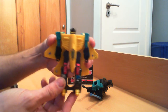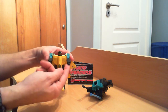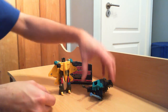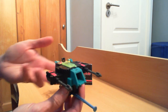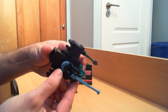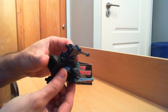Now in this mode, as you can see, he's got no handheld weapons, and that's where this part comes in. Now if you just put his arms straight out, put him to one side for a second, you take this part. Now this is some kind of, I don't know if you call it like a pom-pom gun. Now it does have a little revolving part down here with a rough surface so that it can grip on your finger,